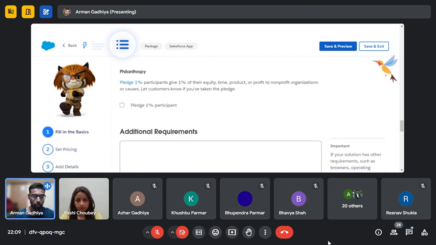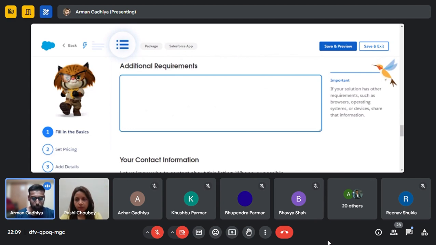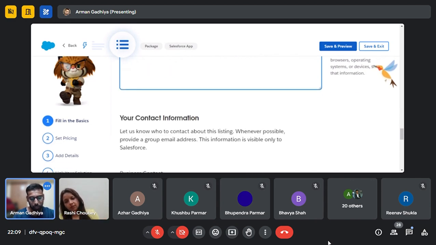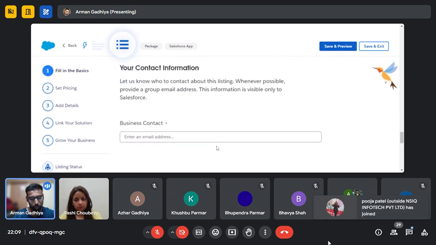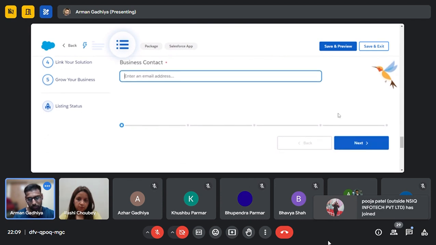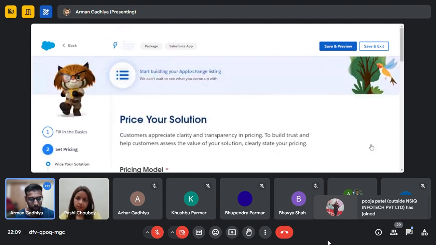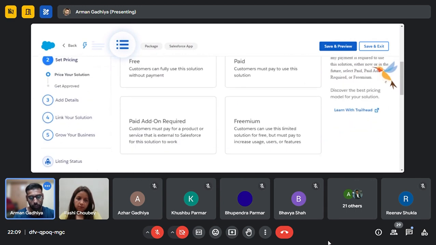So, if you are connected with Pledge 1%, you can check the box here. Then you need to provide the additional requirement, and at the end you need to provide a business contact, which is the email address of your business. Then you move ahead, and here is the pricing model.